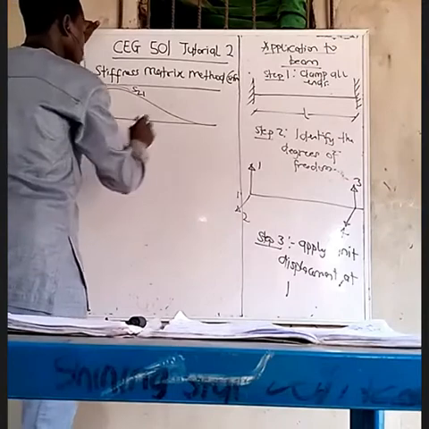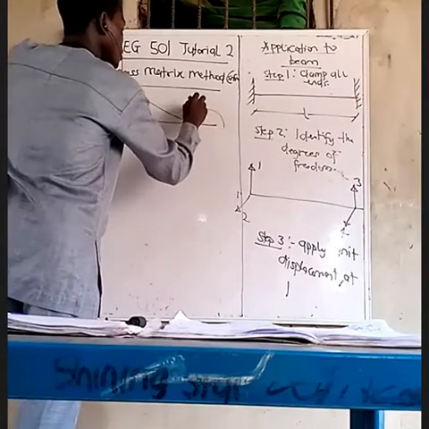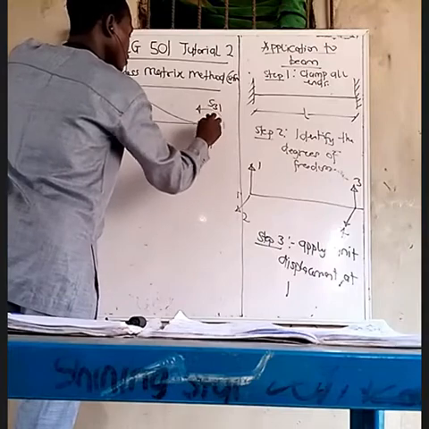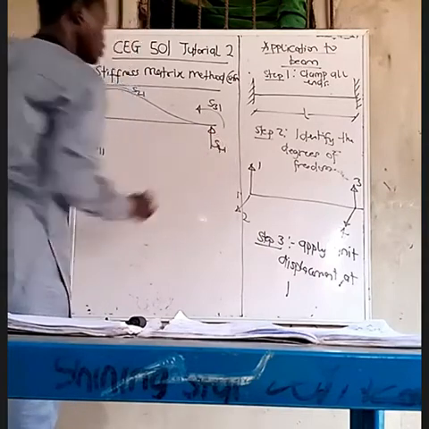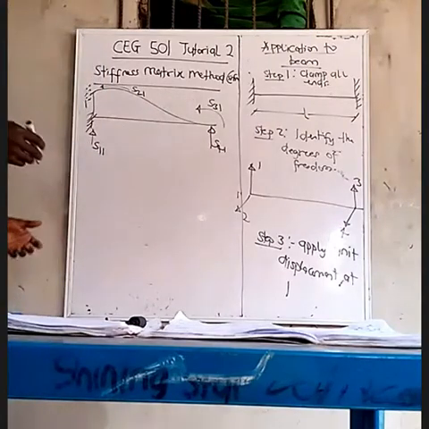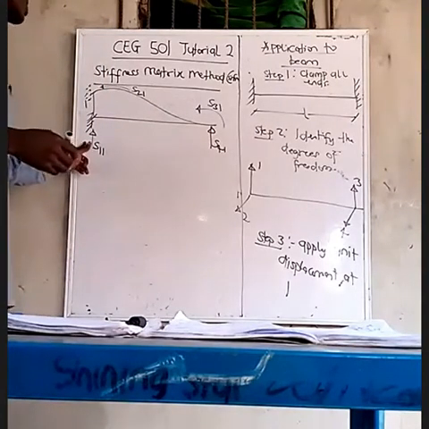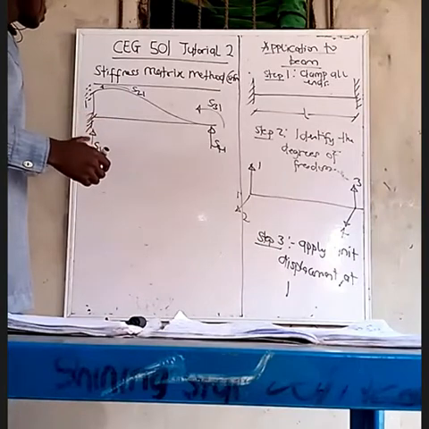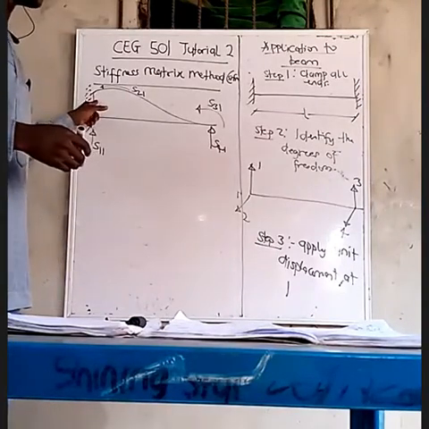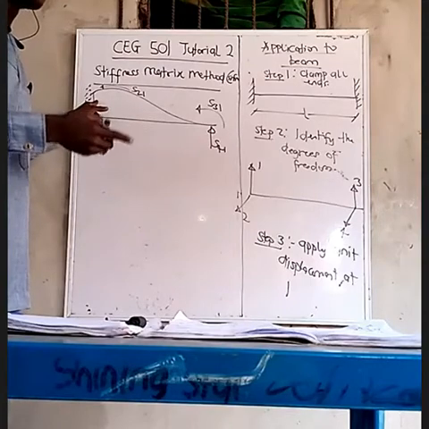Then we'll have this one going like this. S21. We have S31, and we have S41. Now, what's the idea of 21, 31, 11, 41? The idea is that at point 1,